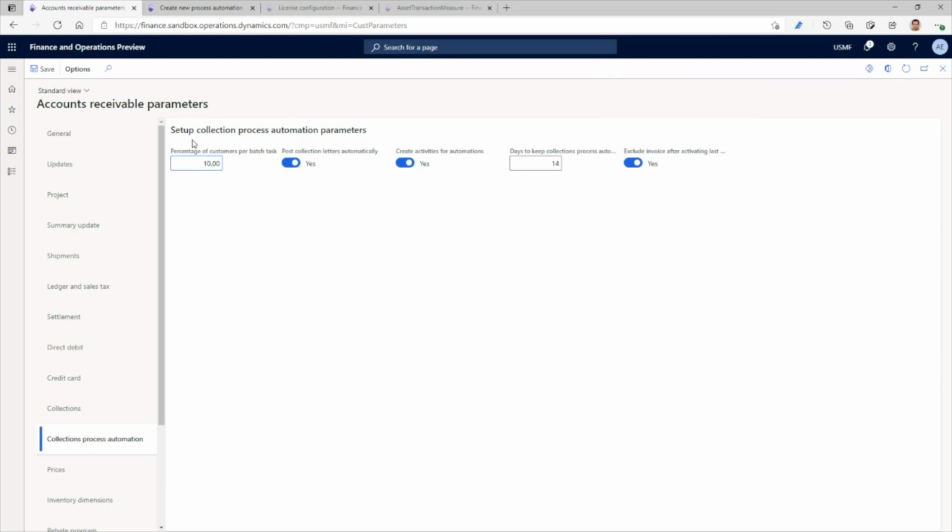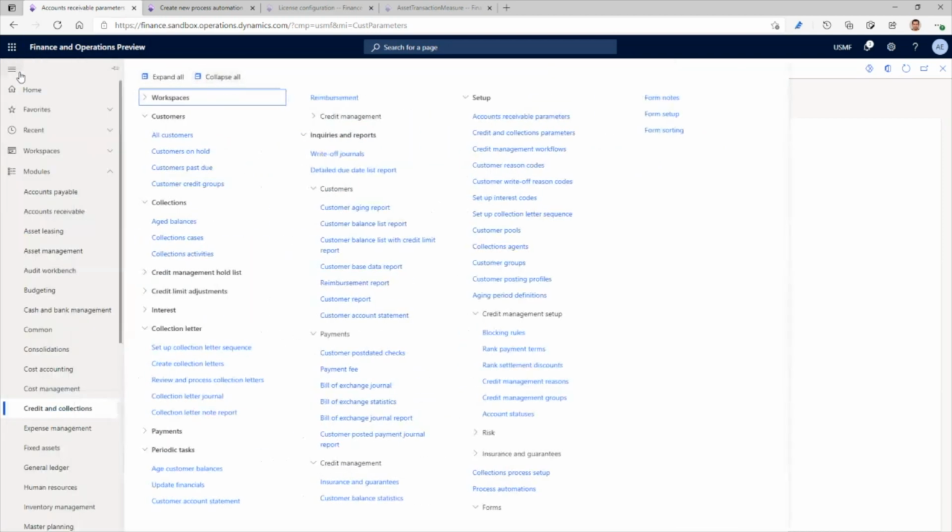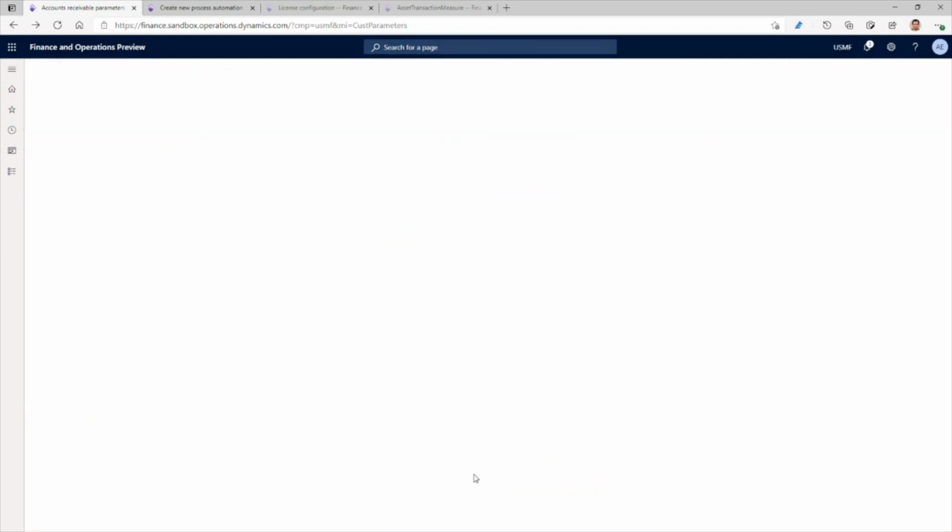And if you exclude it, it will not be picked up again. So this is a very specific control that we have. Now, going into the process automation itself,